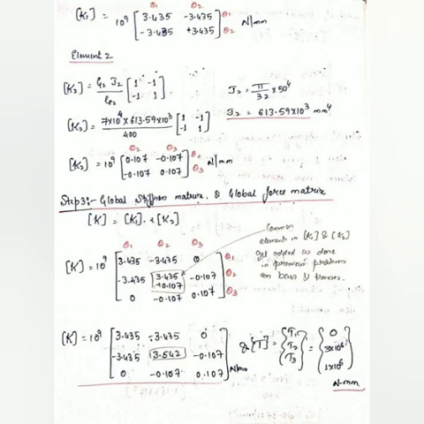After adding, you have got the global stiffness matrix K, which is shown here, and the next step is the global torque matrix, which is written as T1, T2, T3. There is no torque given at node 1, so 0. At node 2 it is 3 into 10 raised to 6 Newton mm, and at node 3 it is 1 into 10 raised to 6 Newton mm, which is given in the question.